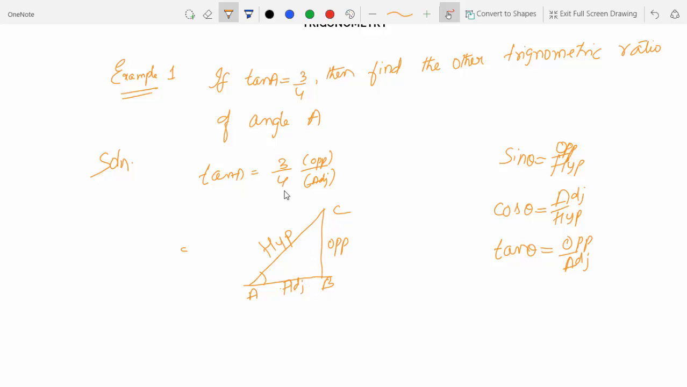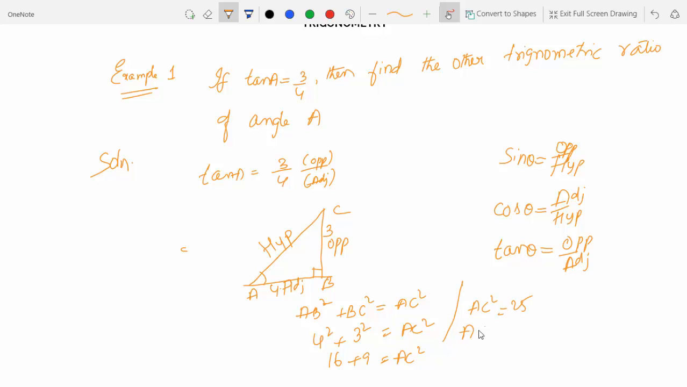Now tan A is 3 by 4. So opposite side is 3, so in place of opposite side BC I'm writing 3, adjacent side is 4, so I'm writing 4. Now we all know that if we know two sides in a right triangle, we can always find the third side using Pythagoras theorem. As per this diagram, the Pythagoras theorem is AB square plus BC square is equal to AC square. AB is 4, BC is 3. Now 4 square is 16, 3 square is 9,